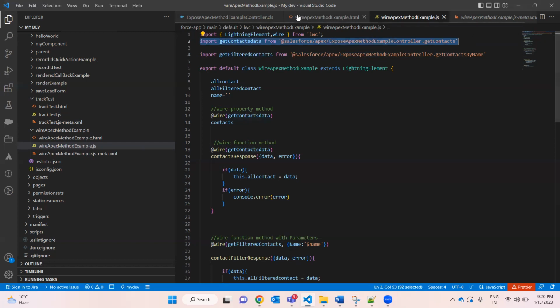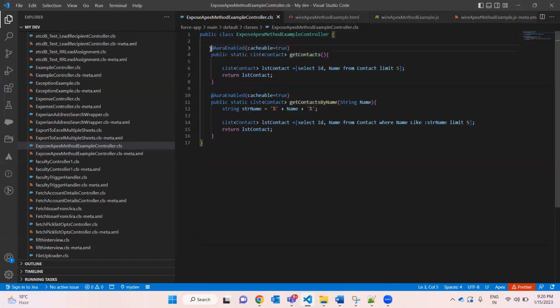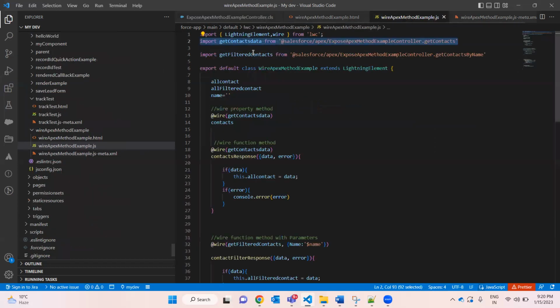So I am again repeating. To access an Apex class method, we discussed what the access modifier should be, what the annotation should be, and in the JS file, how to import that Apex method. Now,